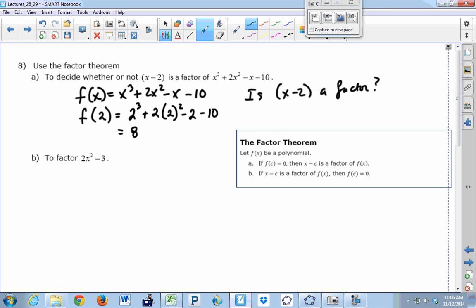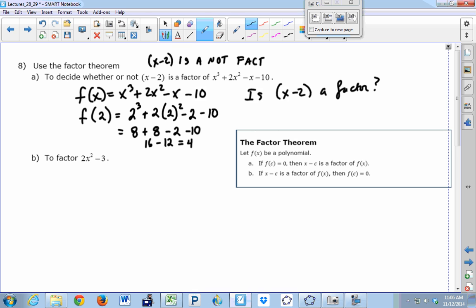We get 8 plus 2 times 4 is 8, minus 2 minus 10. That's 16 minus 12. That's 4. So (2, 4) would be the point on this function. It's not (2, 0). It's not a 0 of the function. Therefore, it is not a factor. So x minus 2 is not a factor,